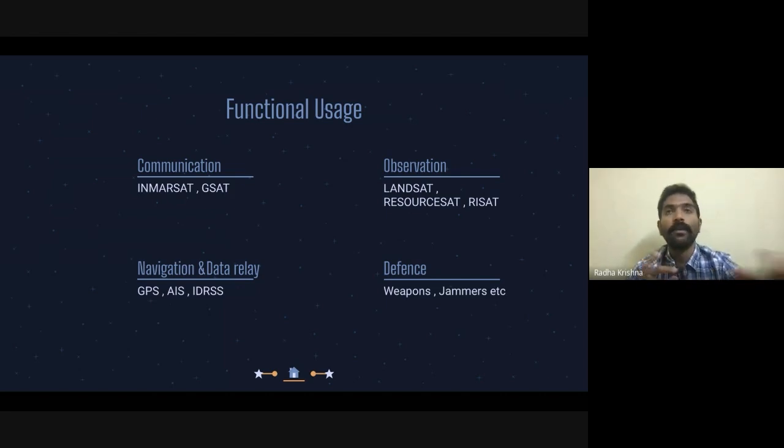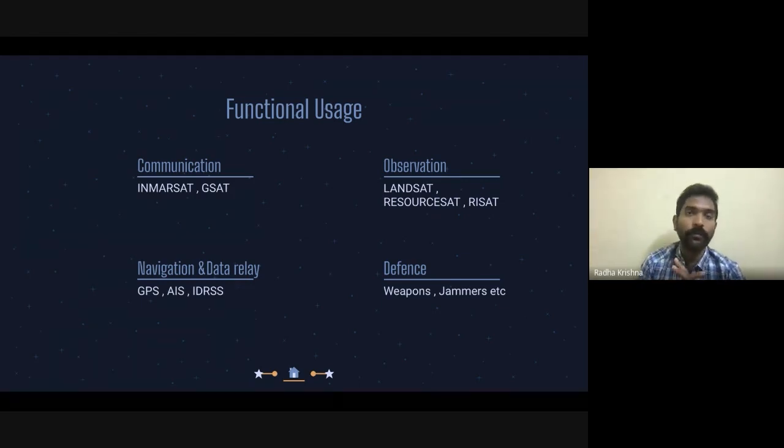satellites. So satellites also can be used for GPS, AIS, and data relay uses. So, for example, if you want to send some amount of data from here to America, how do you use the satellite? Basically, when a satellite comes over you, you upload this data to the satellite, and the satellite is going to go to America in, let's say, the next half an hour, because it is going to orbit and Earth is also rotating. And then in the next half an hour, it is going to dump all of this data over there. So these are some really fast mechanisms by which you can send data, and these are conceptualized for other